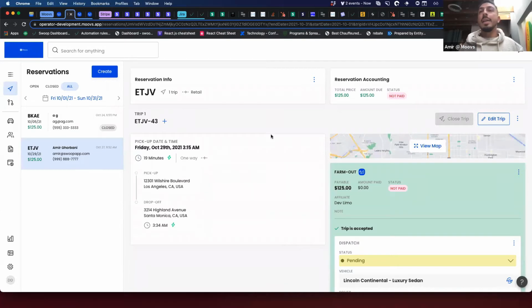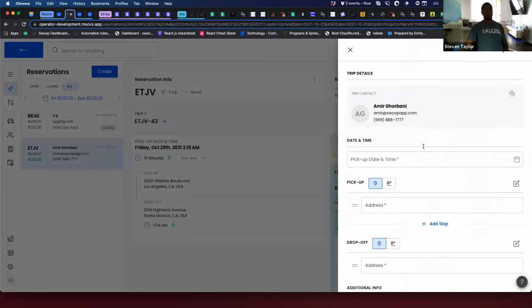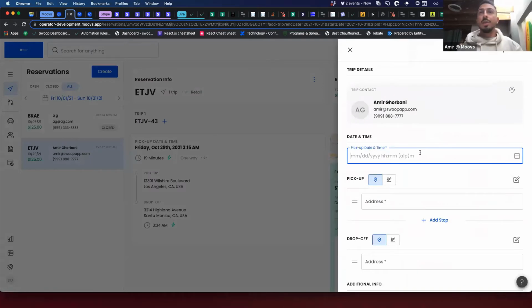So if I go ahead now, I want to show everyone an hourly. So let's build a trip real quick here. What you'll see here now is this is in testing, but we've updated keyboard entry for date and time. So what you see here now is you can actually just type in your, let's say, what pickup date are we going to say? We have 12/04/2021, and then 12 p.m.